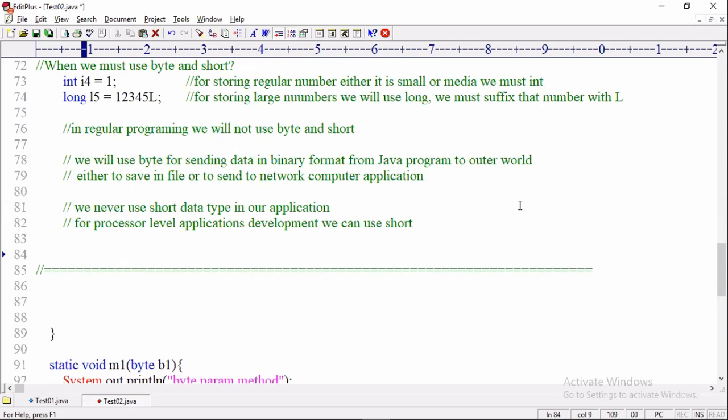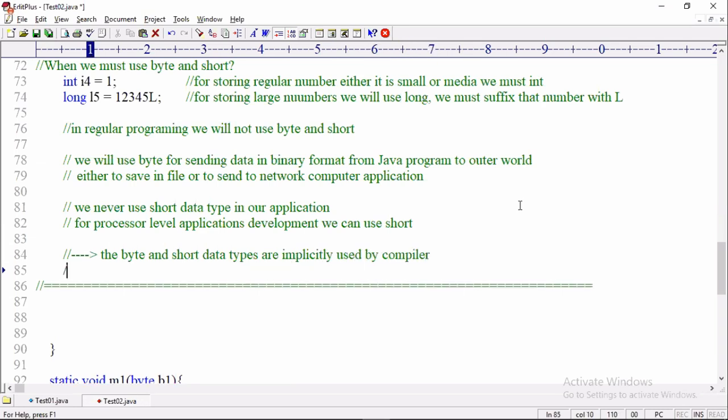And a very interesting point, this point you don't find anywhere. The byte and short data types are implicitly used by the compiler for optimizing memory usage.